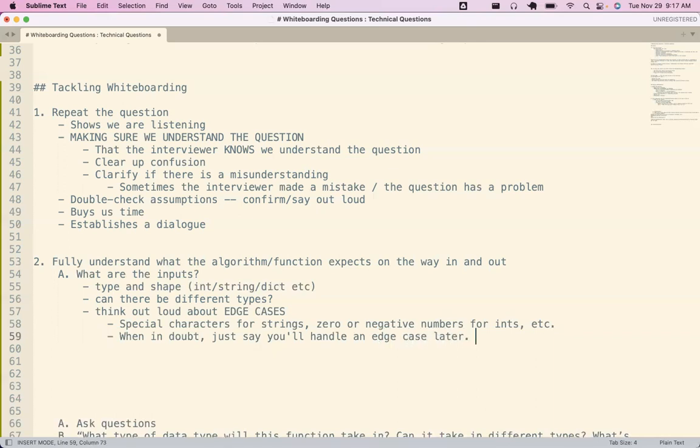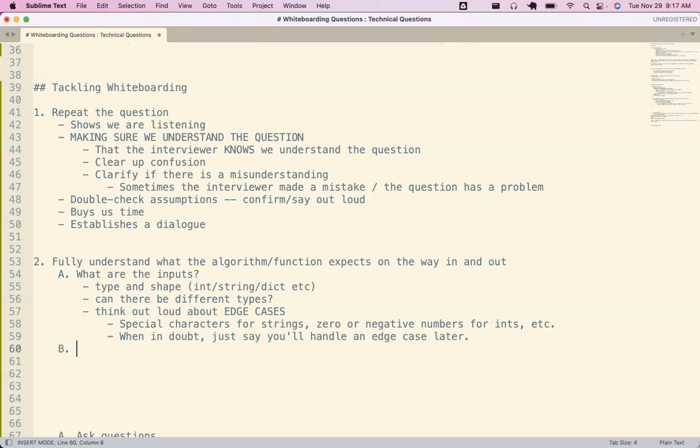Sometimes the interviewer might ask, well, what do you think? And a great answer is, I think that's something that's important to handle, but we can probably get a first draft implementation working and come back to it. But think that through to make sure that it's not an important edge case, because sometimes there are important edge cases that are specific to the problem.